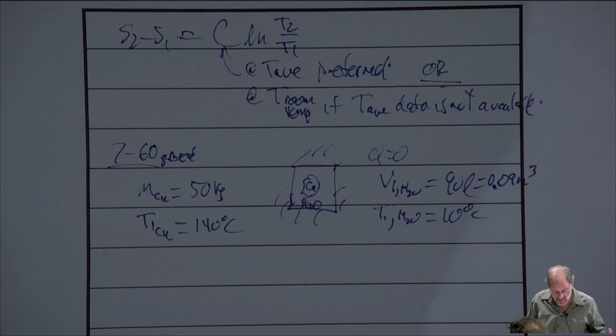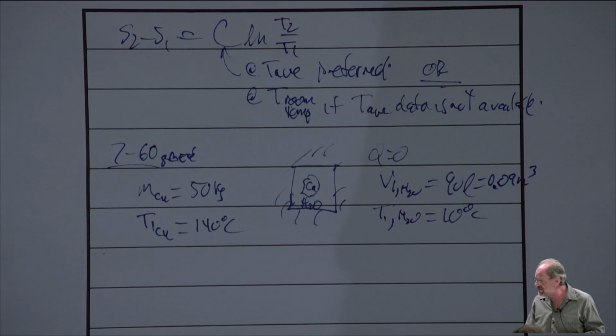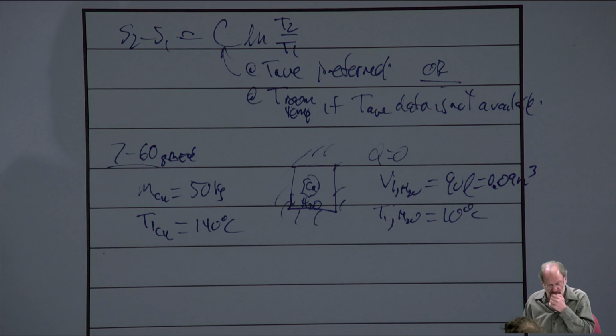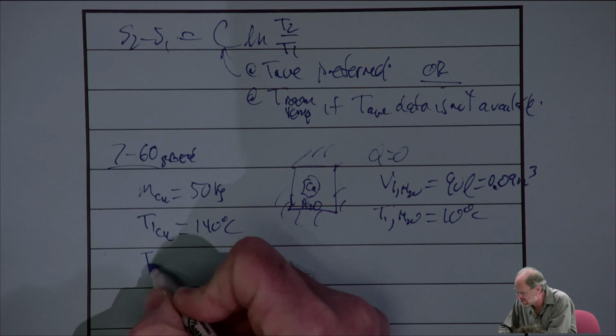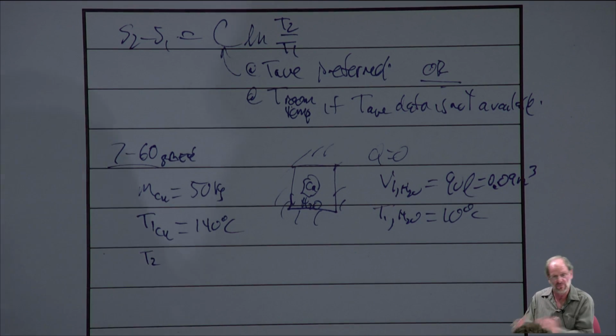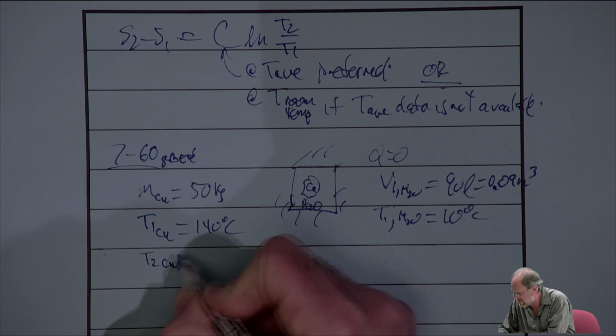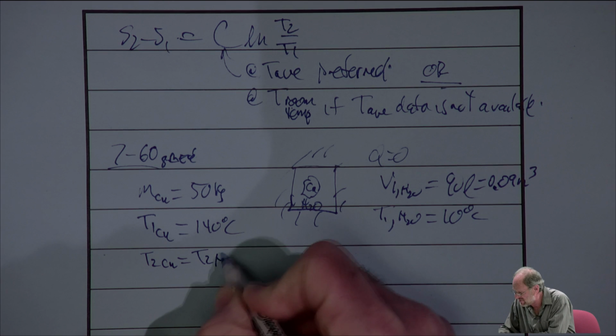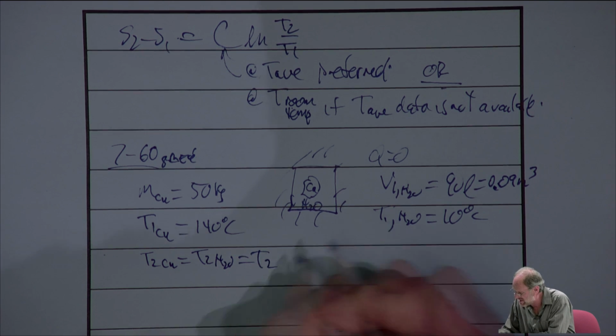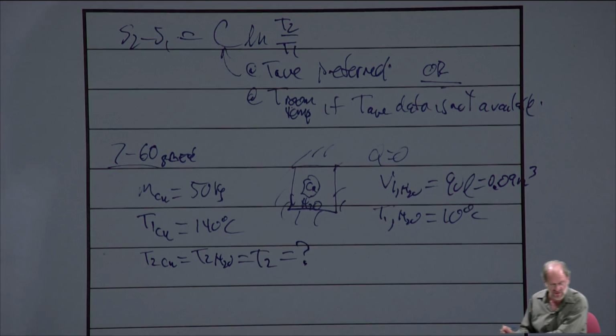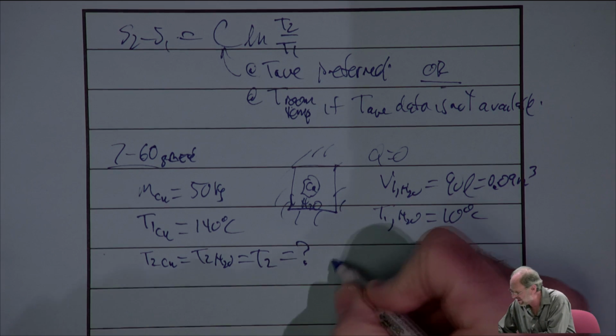Let's make sure I didn't miss anything. Yeah, that's right. All right, so what we're trying to find then is the final equilibrium temperature. Now, equilibrium temperature means that the water and the copper come to the same temperature. So T2 for the copper and T2 for the water are all the same, and that's what we're trying to find. And we're trying to find the total entropy change